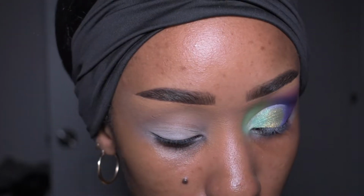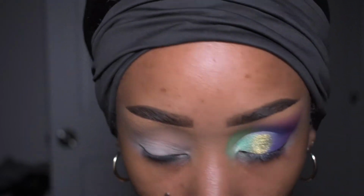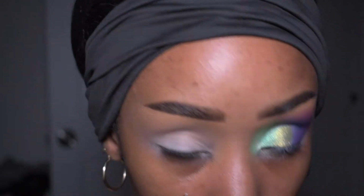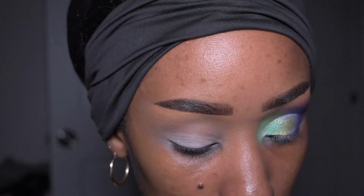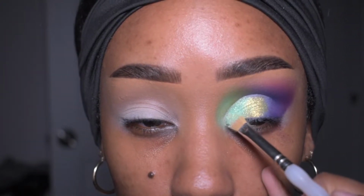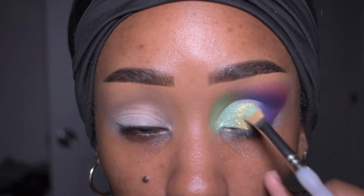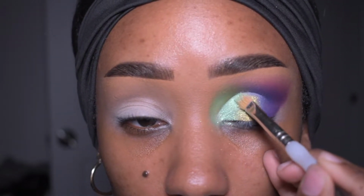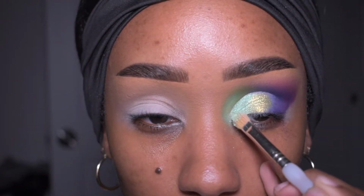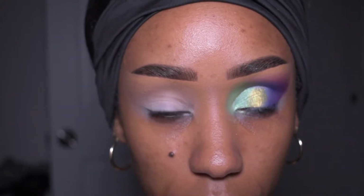Oh, that is so... It's honestly, this camera is not doing this any justice, okay? Not the Justice League, not the Justice of the Peace. Like, this camera is honestly playing these colors. So let me just go up in here like that. I always try to get the pressed pigments as close to the line as possible with my finger. And then I'll go back in with a very skinny brush and do the rest of it